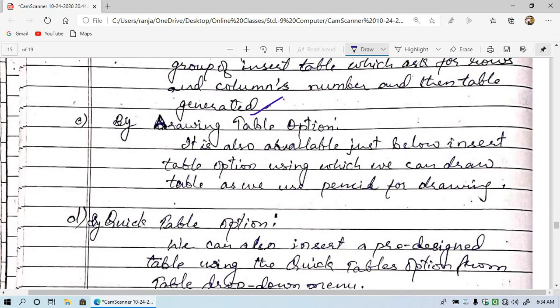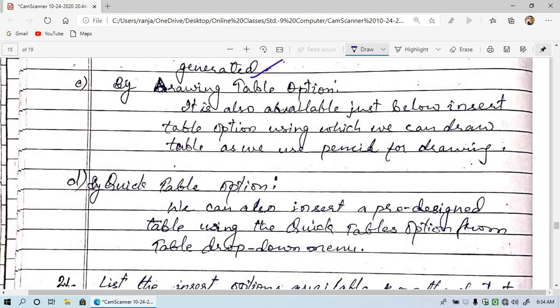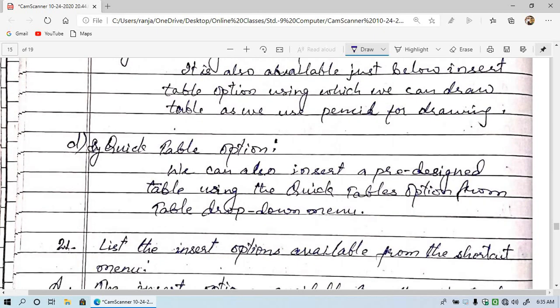Then the C option for inserting a table. We can draw a table also by the draw table option. It is also available just below the insert table option, using which we can draw a table as we use a pencil for drawing. So it is like a pencil, and we can draw a table with the help of that option. And the last one is the quick table option.